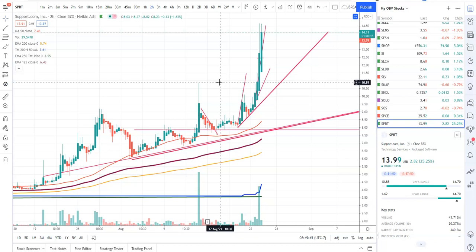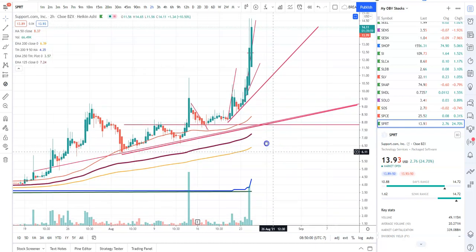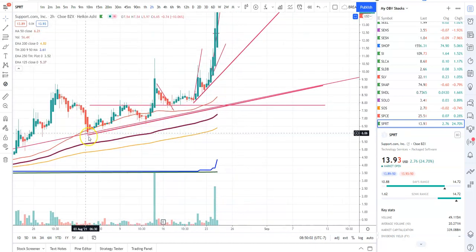I just wanted to bring this to your attention to show you that these methods can indeed be used for very short-term momentum moves in stocks that are gaining popularity and have a lot of volume showing up in them, etc., etc. So what I saw on this chart, guys, a couple days back, I set this midterm trend line,